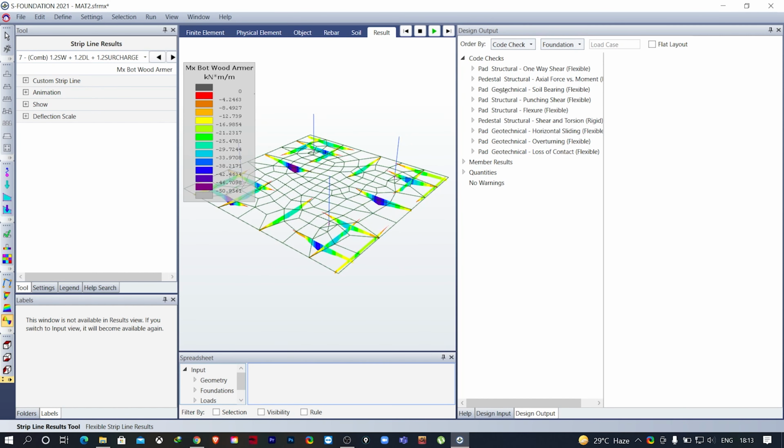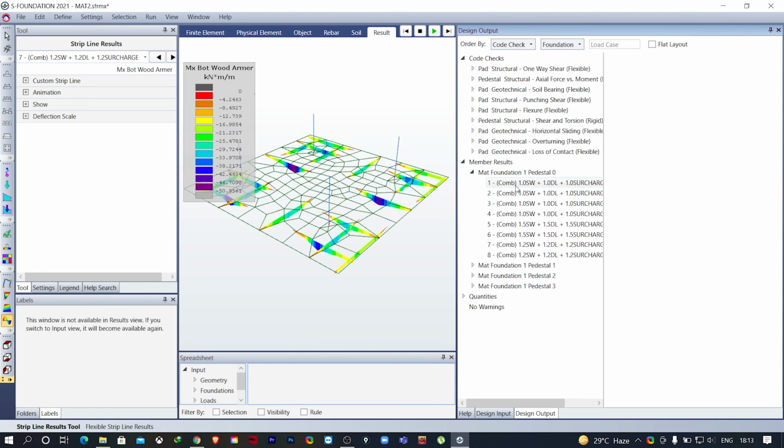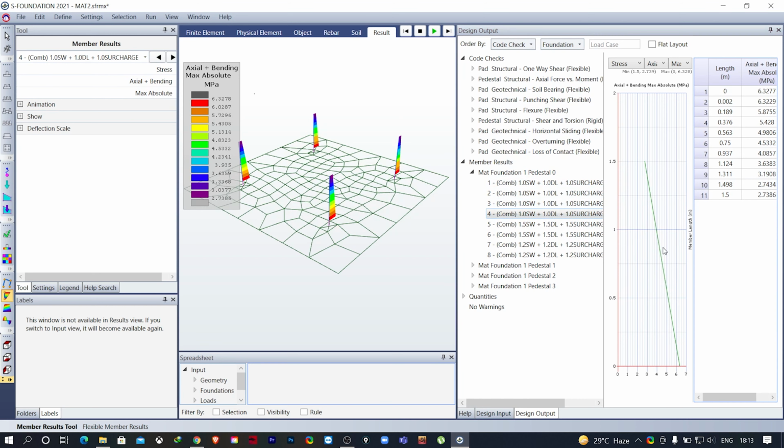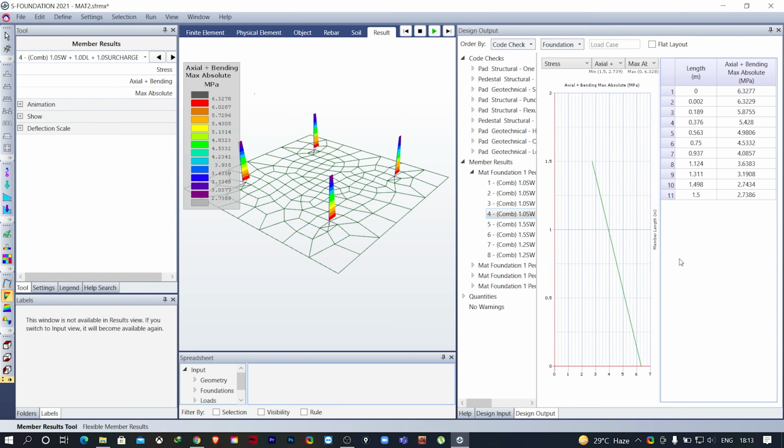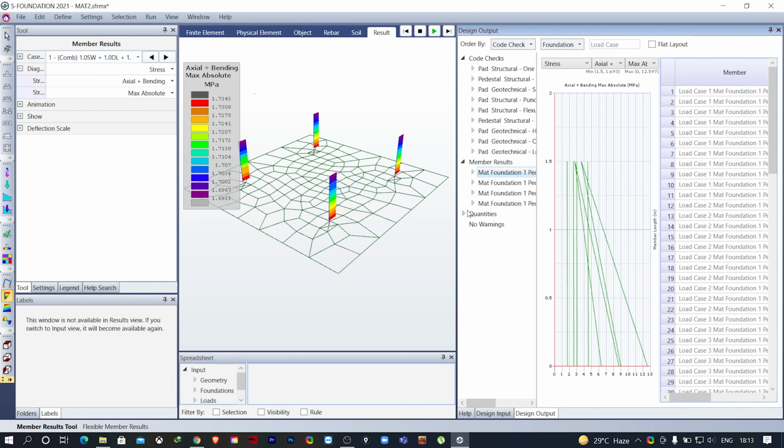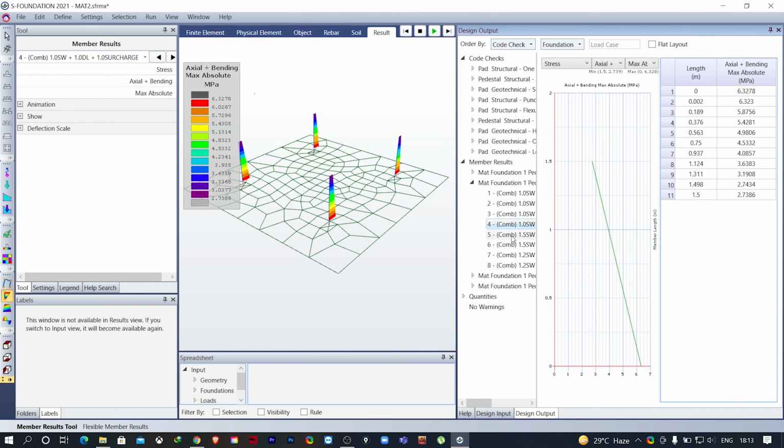The same thing you can see here also in the tabular format. If you click on this member results, mat foundation, it will show you the member results. That means for the pedestal, you can see the graph. You can check here also.